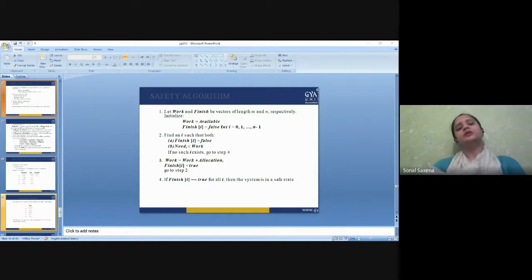So this algorithm, basically the banker's algorithm, what does it do? It first of all checks whether, after granting a particular number of resources to the requesting process, the system will remain in the safe state or not. If your algorithm identifies that after granting the request your system will remain in a safe state, only then is your request granted, otherwise the request is denied. So this is an important point that we should keep in mind while working.